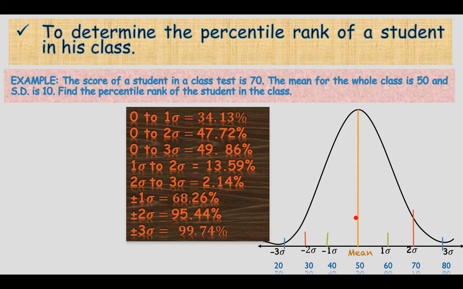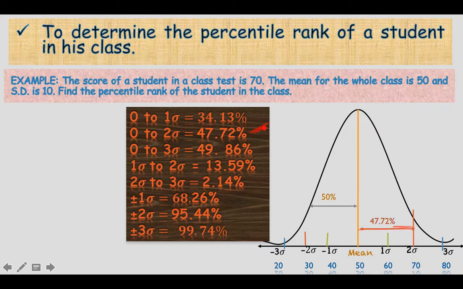As you know, from the mean to the left hand side there lie approximately 50% of the cases, and from the mean to the right hand side there also lie approximately 50% of the cases. From the mean to the left hand side there lie 50% of the cases, and we have to find out from the mean to the right hand side but up to plus 2 only. We have to find out how many cases lie from the mean to plus 2 SD. As you will remember from the table, from the mean to plus 2 SD, how many percent of the cases lie? That is